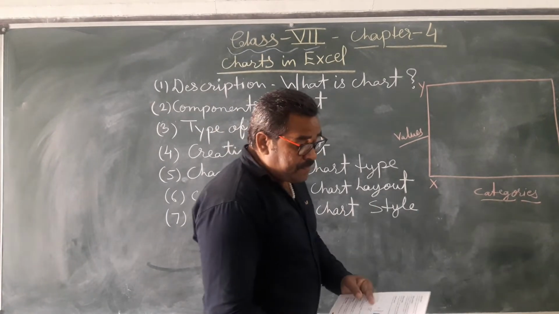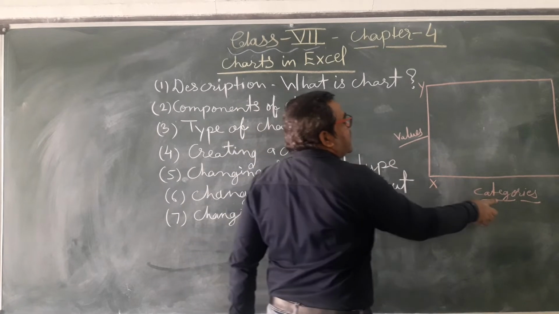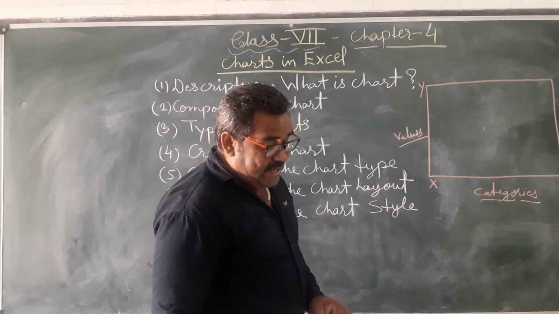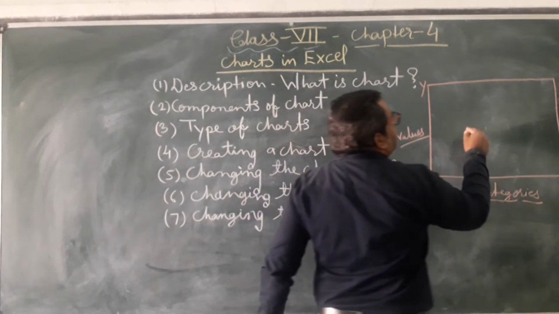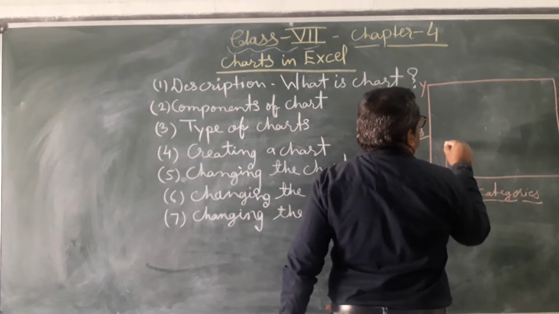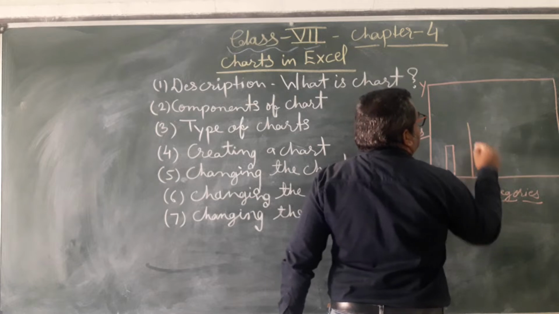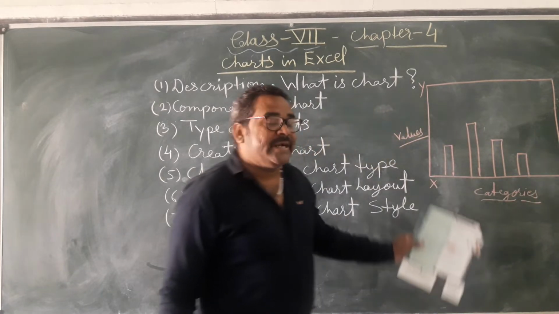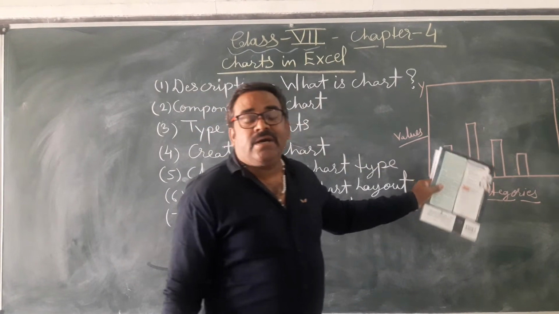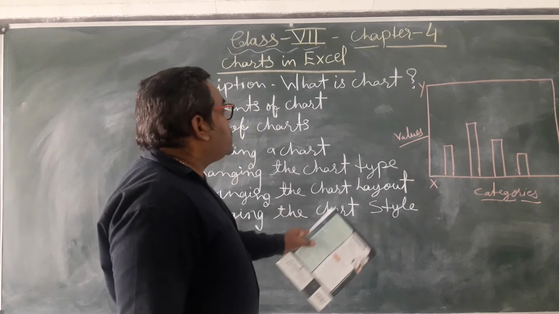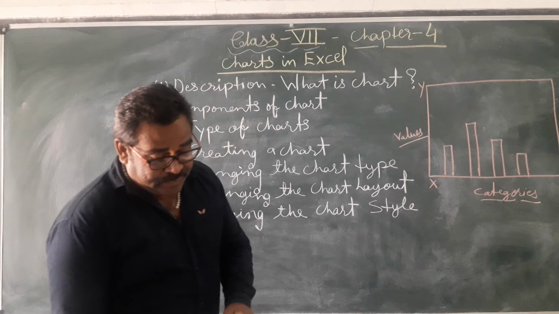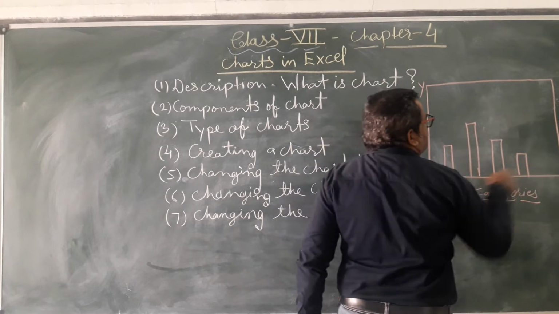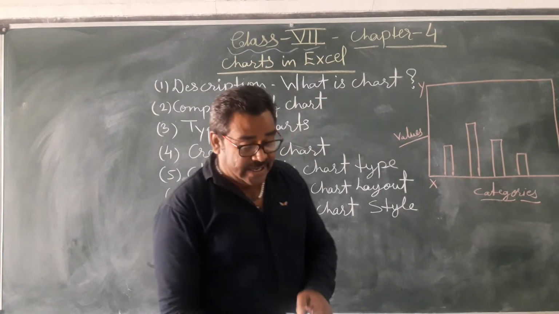Now you can also put their axis title. You can also put their title. Whatever kind of title you want, mention it over there. Then data series. Data series are the area where you can put your data. It depends on your data. You can also change their types or values within category. Area, that is called the area of your chart. This area belongs to your chart area. You can put your chart inside this area.